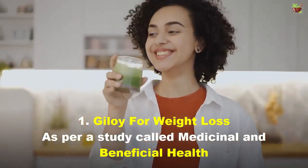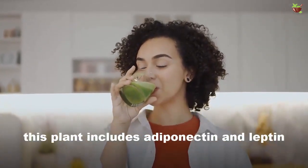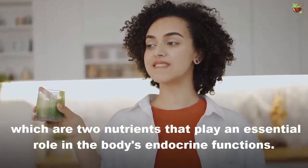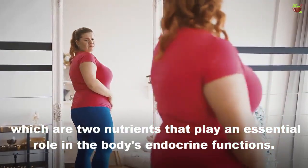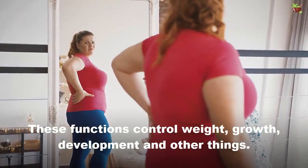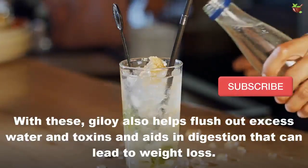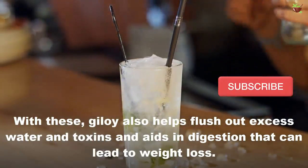Giloy for weight loss. As per a study called Medicinal and Beneficial Health, this plant includes adiponectin and leptin, which are two nutrients that play an essential role in the body's endocrine function. These functions control weight, growth, development, and other things. With this, giloy also helps flush out excess water and toxins and aids in digestion that can lead to weight